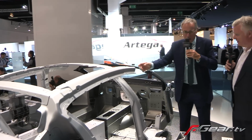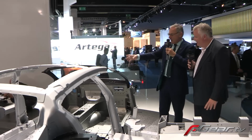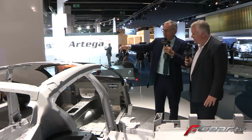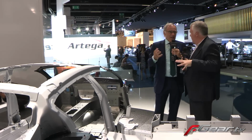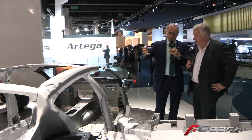Now I have built for you a Rapide, and before it was a V8 Vantage, and I can build you a 12-cylinder engine with another module and the 8-cylinder engine, and I can build you a DB9 coupe. So these are your building blocks. Yeah, these are my building blocks, which I can change if needed for